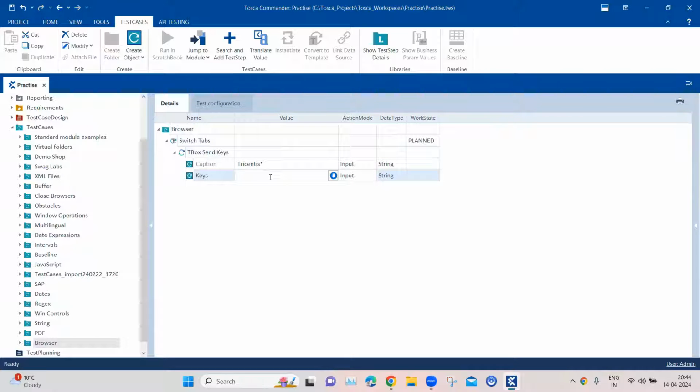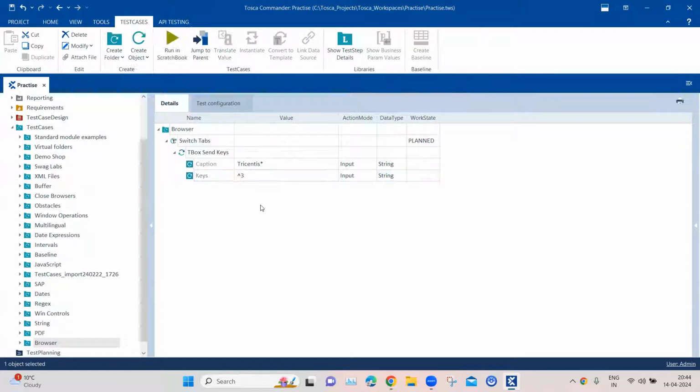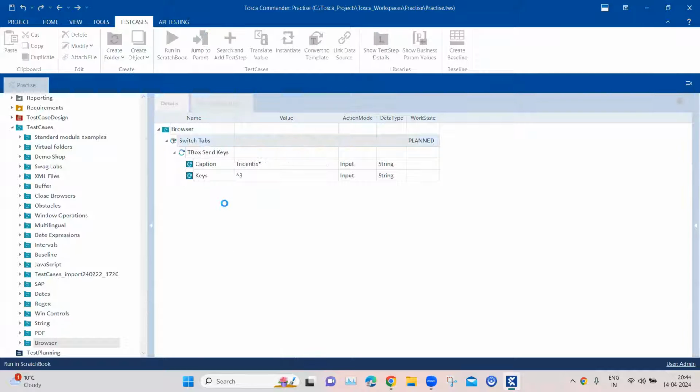And now in the keys, I can pass the control key. In this case, we can pass the caret sign, which implies the control. And then we can pass the browser tab number. If you know which browser tab you want to switch to, you can directly pass the number here. So if I want to switch to the third tab, I can pass control plus 3. Now if I go ahead and run this,